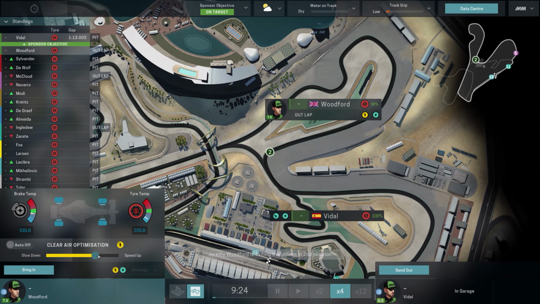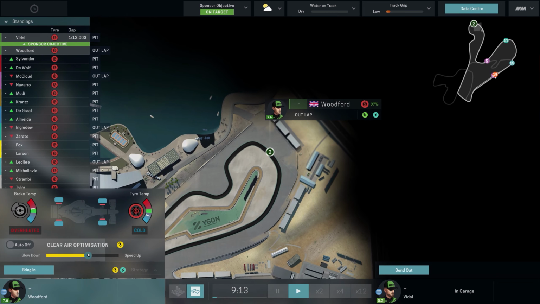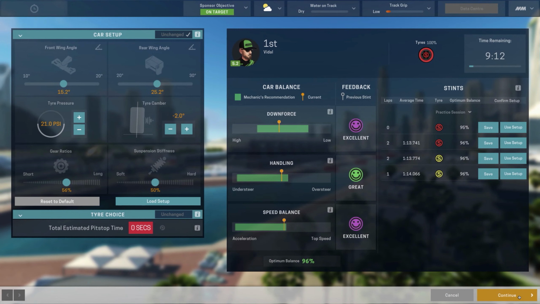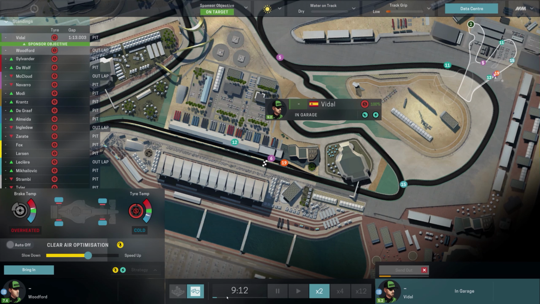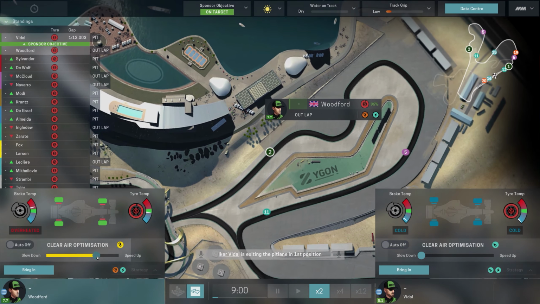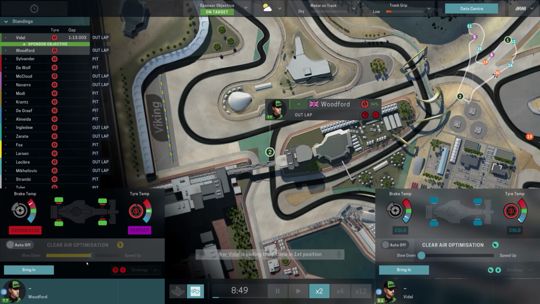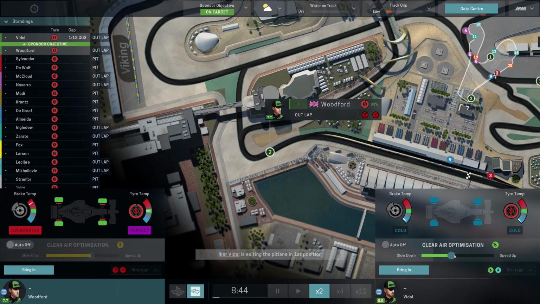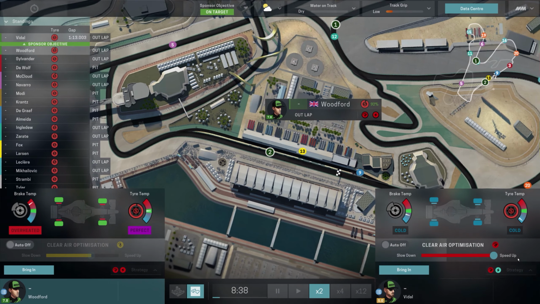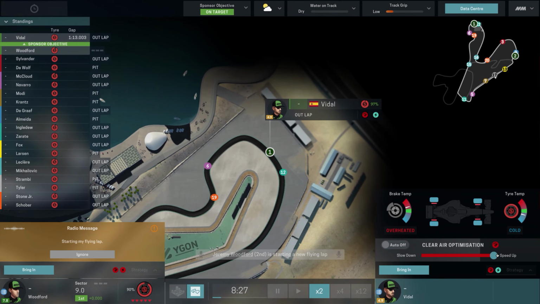Just build some temperature into the tyres, if you will. Just mind it out here, pause. Let's just get Vidal out as well now. Let's switch focus back over to... There we are. This is starting to look good with temperature certainly on the tyres. Overheated massively. So let's see if we can whack up the temperature on Vidal and then bring it back